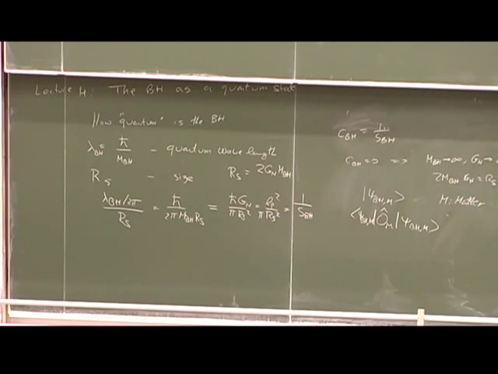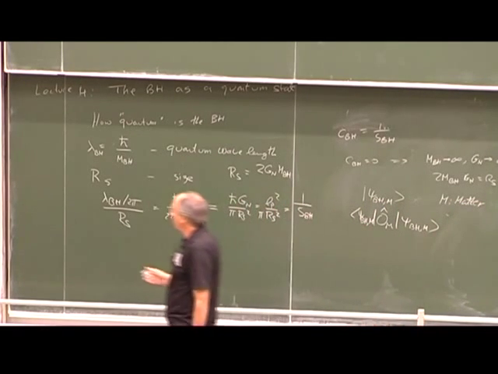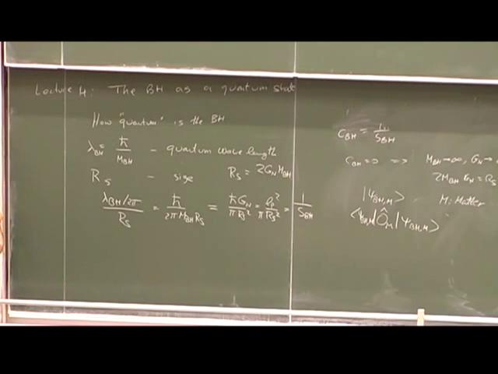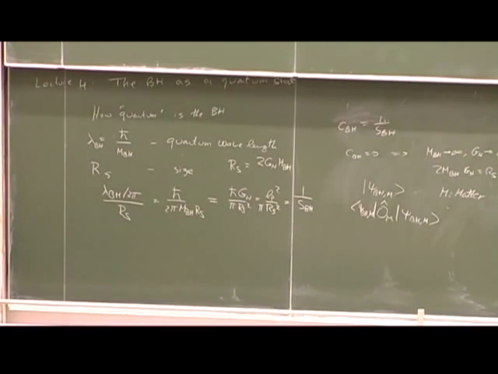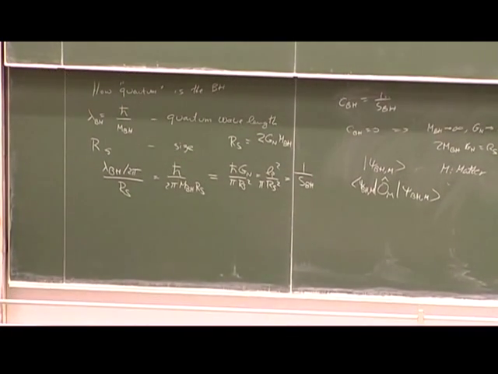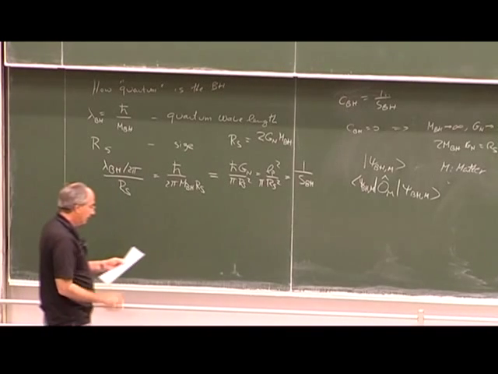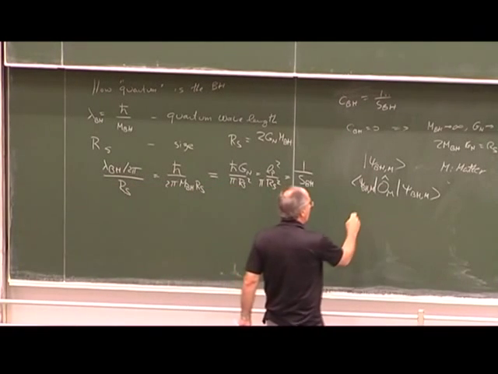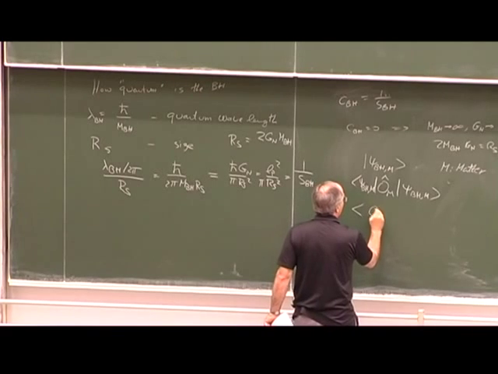So according to the rules of quantum mechanics, what we need to do is evaluate this expectation value. But when we apply the rules of quantum fields in curved space-time, we actually calculate